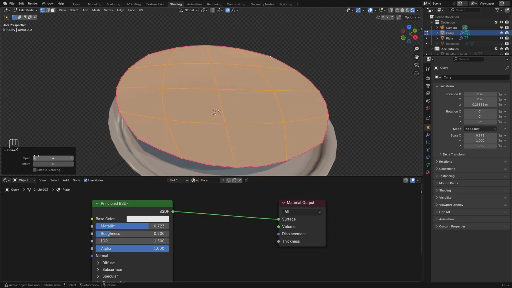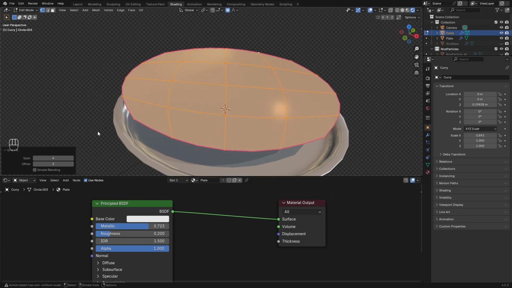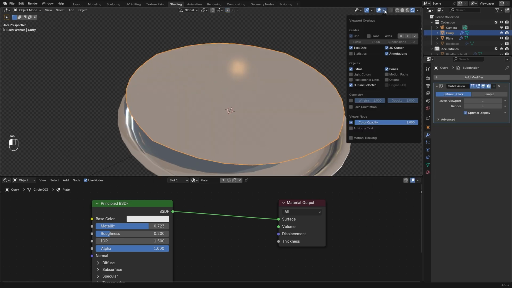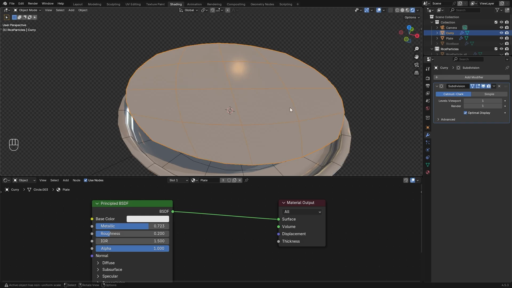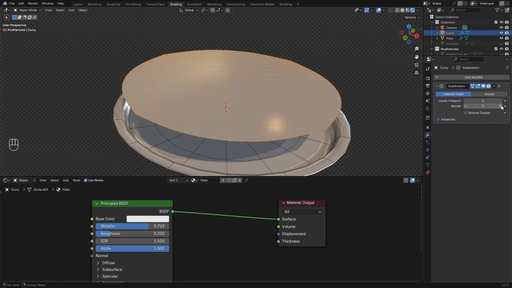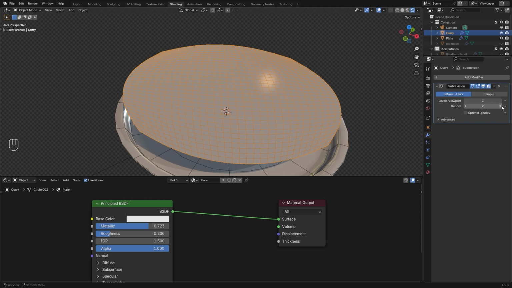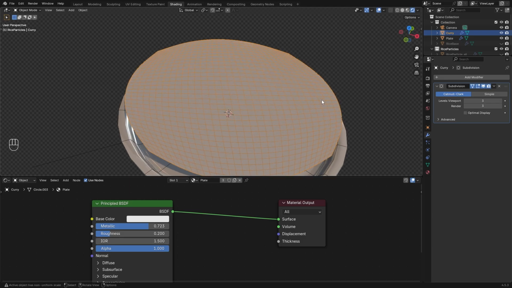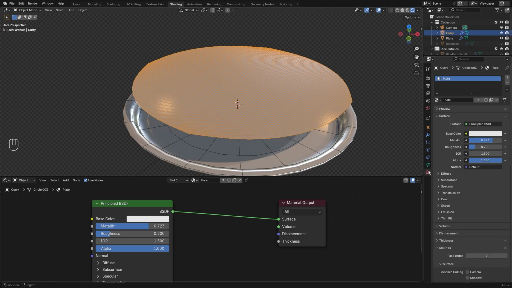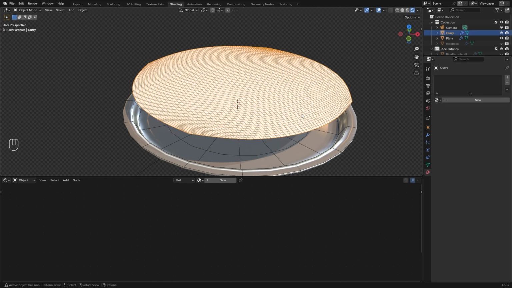So we can adjust our settings over here just to make them have some nice geometry going on. I think this looks pretty good with this setting. And what we can do is go ahead and enable wireframe over here for geometry, and turn off optimal display for the subdivision surface modifier, because we are going to need a lot of subdivision for this plane later. So let me perhaps increase this to 4 for now. And then we can go ahead and remove the plate material from this, and then add a